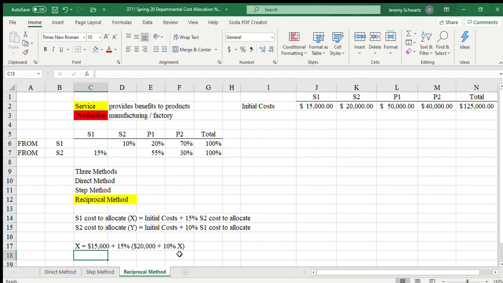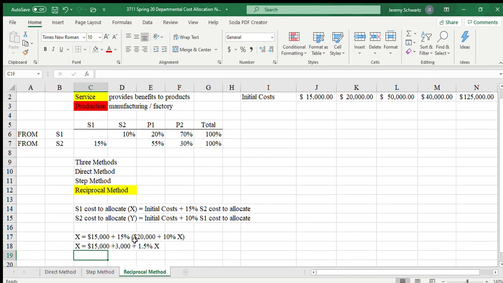And so if we go ahead and distribute these terms, and it's always a bit of a gamble to do this without our math going on here. So 15,000 plus 15% of 20,000, which would be 3,000, plus 15% of 10% of X, which would be 1.5% of X. Don't worry, I'm as amazed as you are that I got that. So X equals 18,000 plus